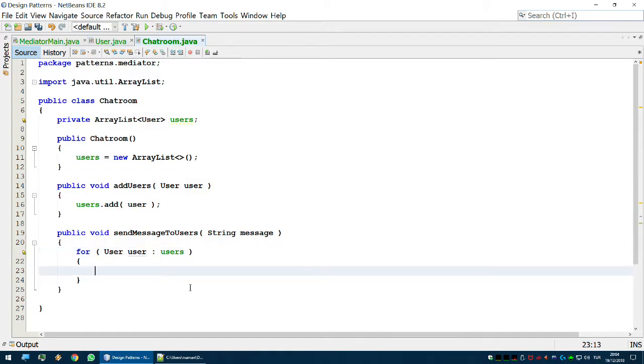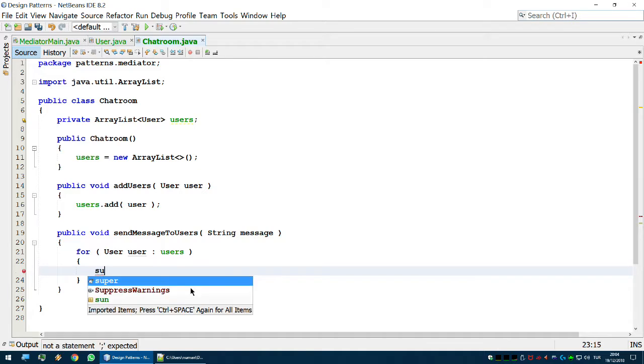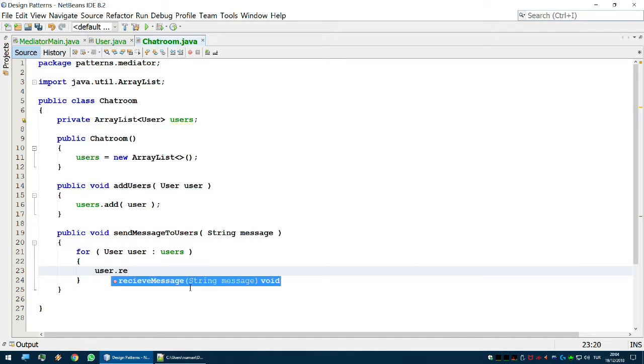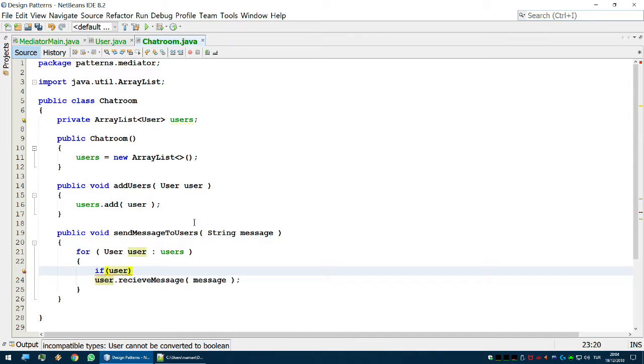For every user logged into the chat room, they should be able to receive the message. But there should be one more if statement here, because we would not want the same user to receive the message that he or she has sent. So if the user is not equal to,